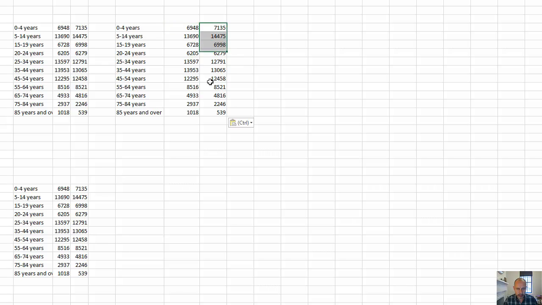So what I've done, copied it over again, titled them, but for the males I'll do a simple formula that says equals negative. I'll highlight the male values and it'll turn it negative for me. I had to do it with values because if I had formulas in there that wouldn't work. I'm going to do that again,